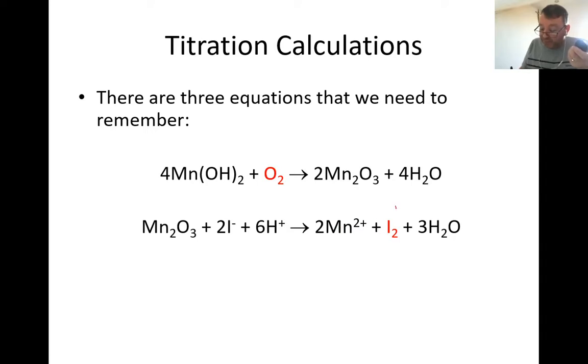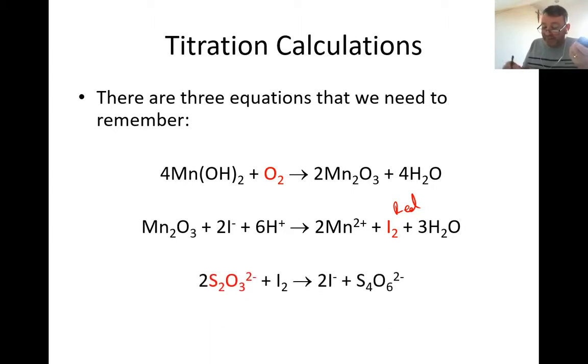So this is where we get that lovely red colour coming from in the reagent bottle. Then the iodine is titrated in the usual manner against the sodium thiosulfate to give you back colourless iodide ions, and then the rest of those ions that we don't bother about, they'll just float around in the water by themselves. Now what's important here, and what I want you to look at, I'm going to change colour for this, is I want you to just take a look at what's happening in relation to the ratios. Notice the link. Manganese oxide,